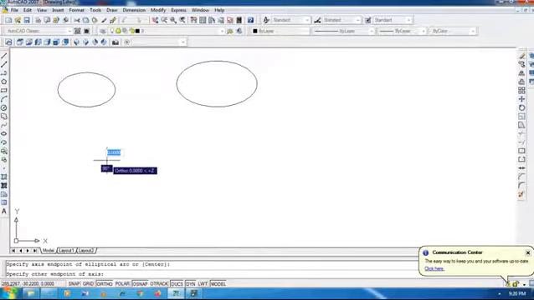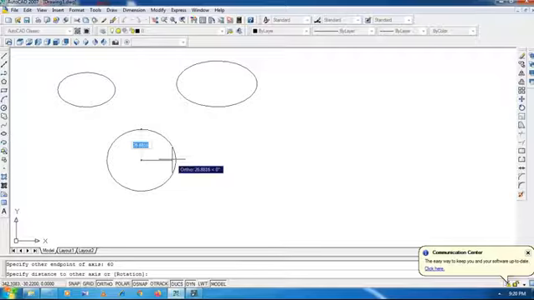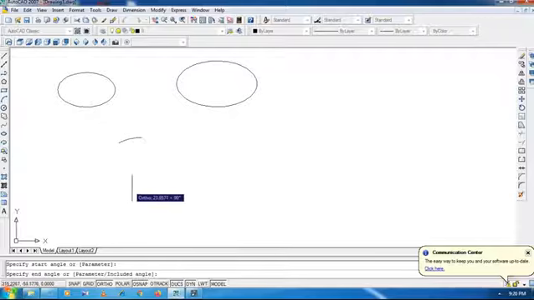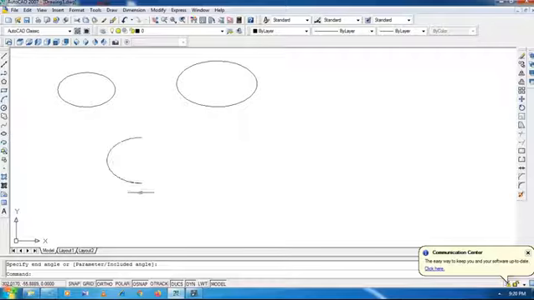First the first point, then for the major axis I am going to select 60, then for the minor axis I am going to select 20. Then you need to select the start point and then the end point. So this is your elliptical arc, whatever we have drawn here.